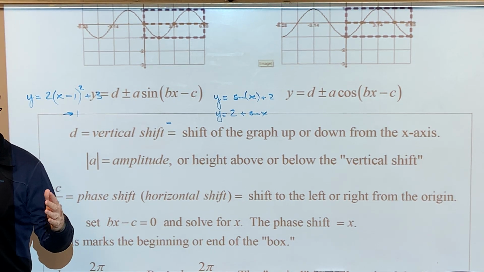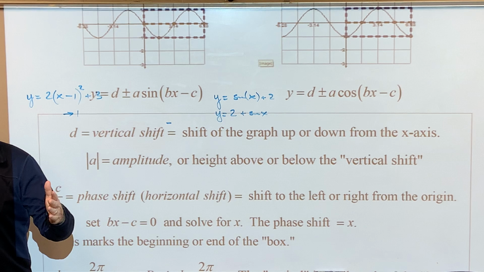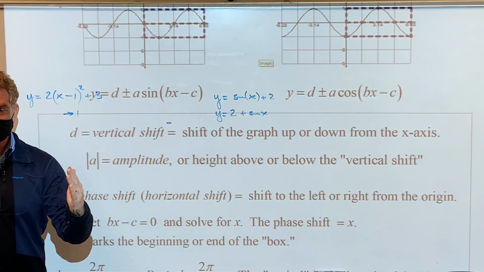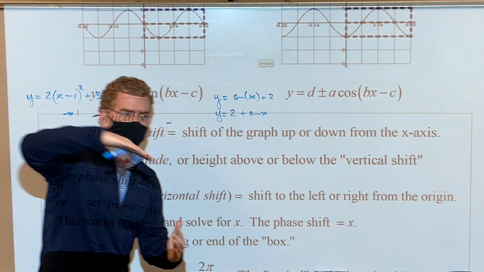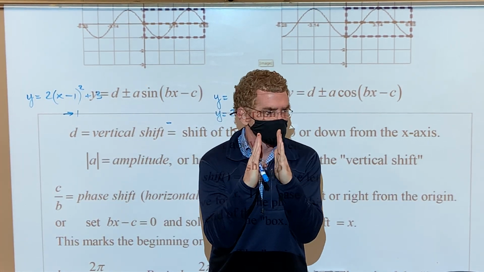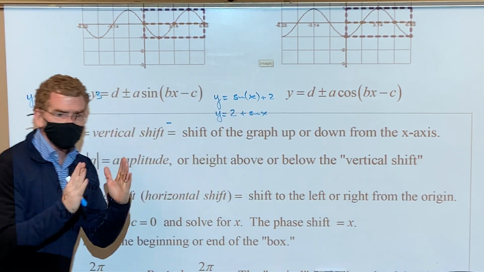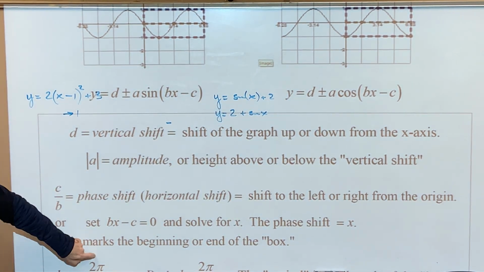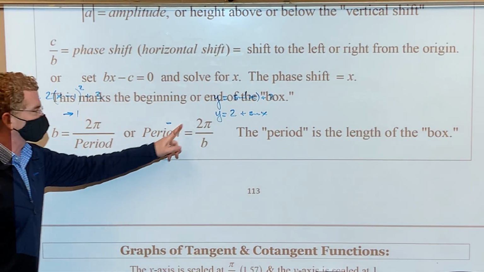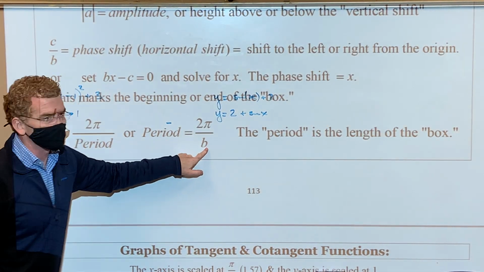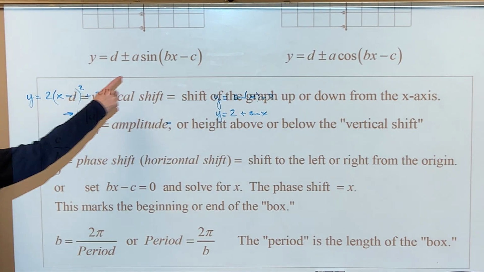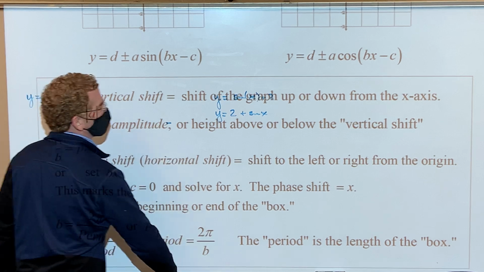And do you remember what a period is? In math, a sine curve could do a complete cycle in this much, it could do a complete cycle in this much. Well, that length of that period is the last thing we're going to look at. And the definition for the period is 2 pi over the b. So the b value, if you look back, is whatever's in front of the x. So if you take 2 pi,